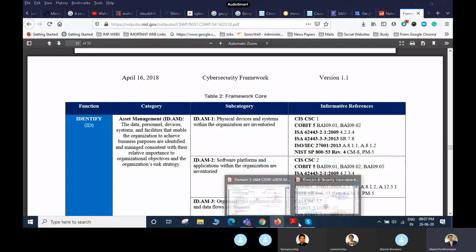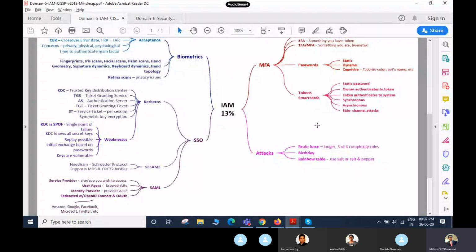So you need to understand everything because you are going to present in front of the interviewer. The interviewer is going to ask you first what IAM is. Then he will talk about some technical things like Kerberos, LDAP, authentication. Which one is better? What is the architecture? What is the design? And then, suppose you have replied, he is going to ask what the different types of attacks are.